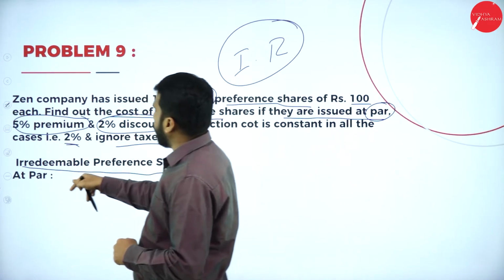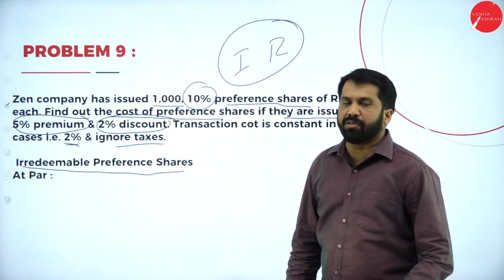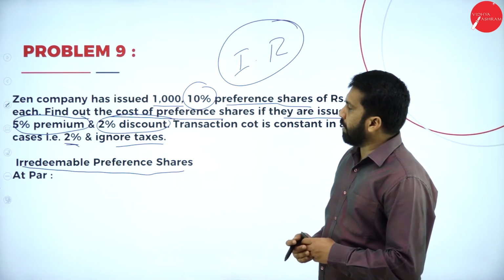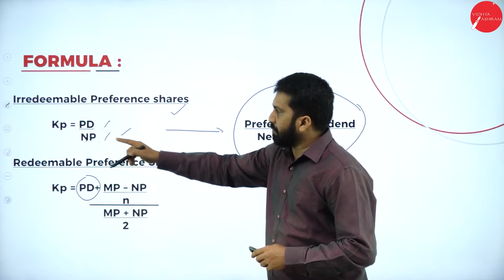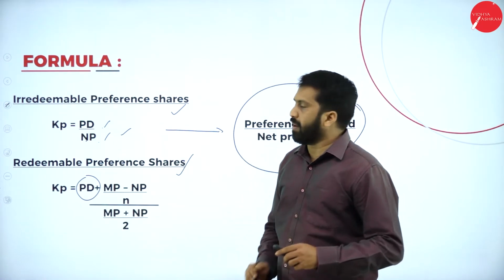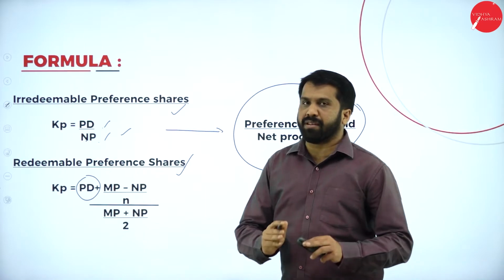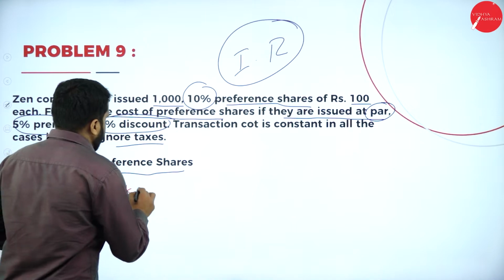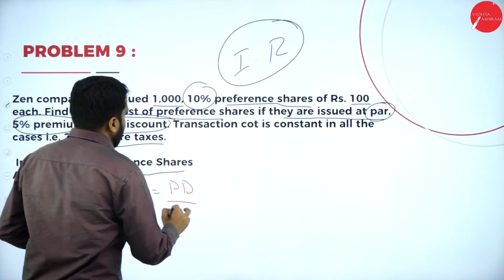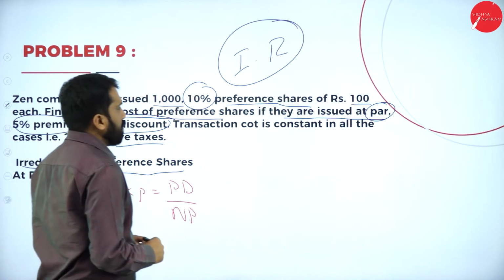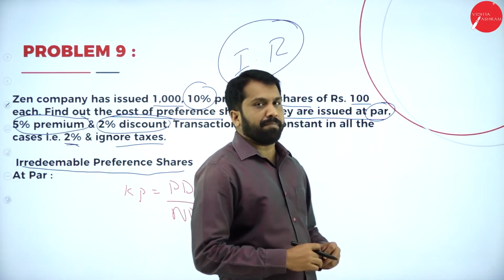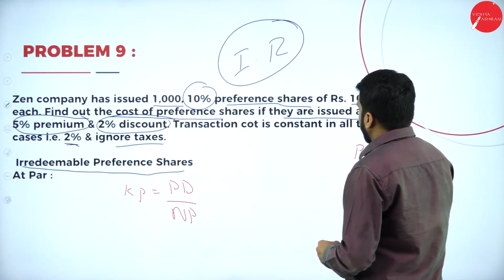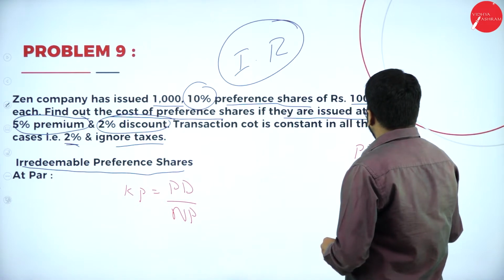Now, first we'll go for par. Later we'll go for premium. Later we'll go for discount. Now, what is the formula as we discussed? PD divided by NP. That's it. Again, I'll repeat: PD divided by NP. That is your formula. Now, KP is equal to PD divided by NP. PD means preference dividend. NP means net proceeds. In this, we need PD also, we need NP also. If it is par,